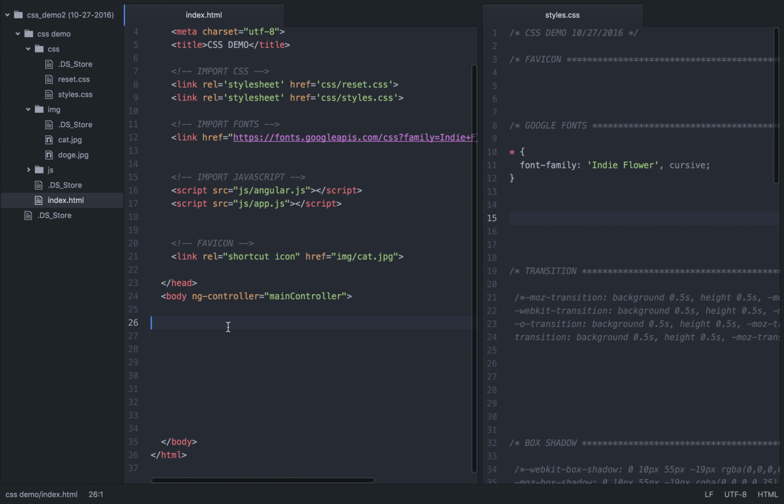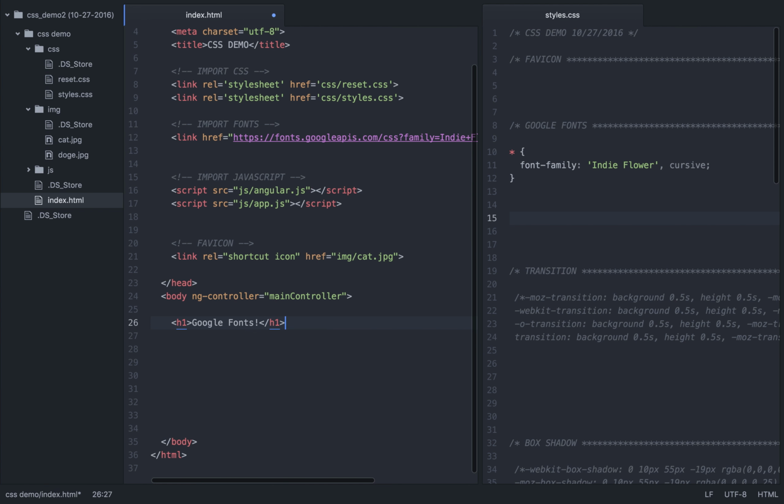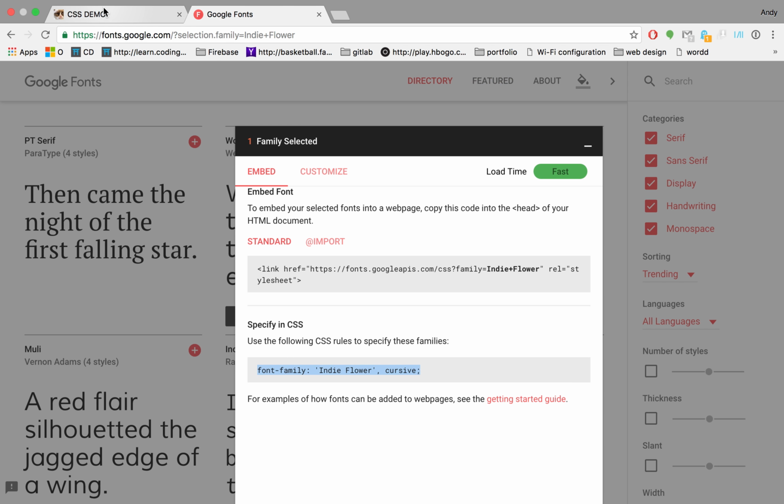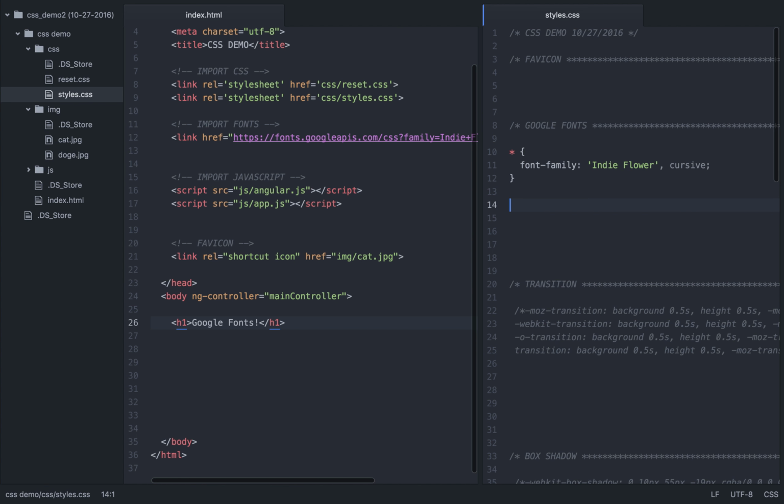I'm going to go over here in my body. I'm going to create an H1 tag, and I'm just going to say Google Fonts. H1, close that. So now if I go look at CSS demo, there we go, Google Fonts. Don't know why it took so long to load, but just so we can see a better picture of it,